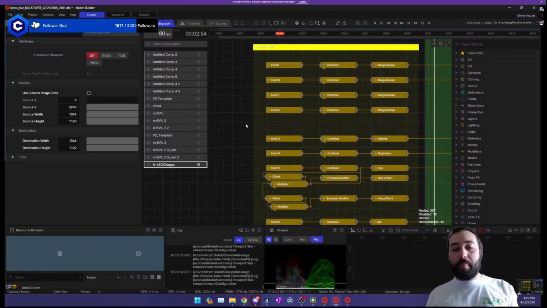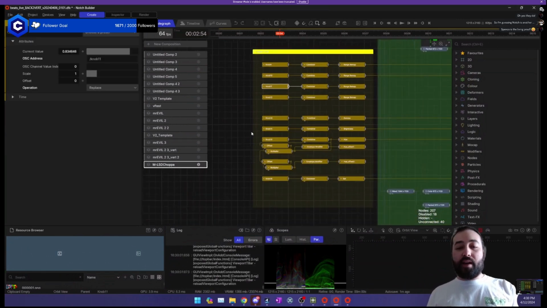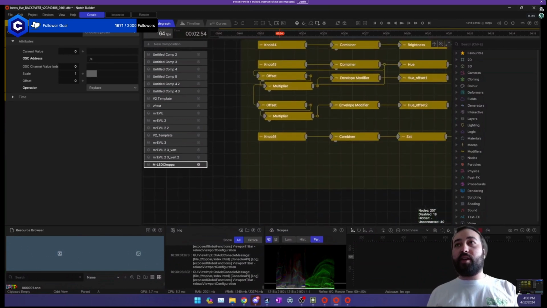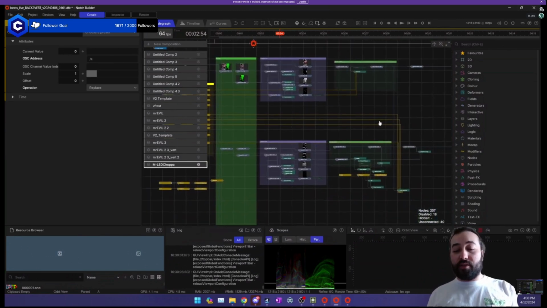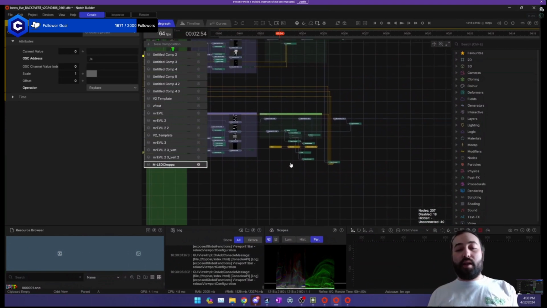Also, I do have some values here. These are like knobs that I'm getting from my MIDI controller, and they can come in through these channels here, and I can use those to drive certain effects as well. I can get the kicks and the snares that are being detected, and those values come in here as well, so I can use them to drive animations inside of just Notch as well.